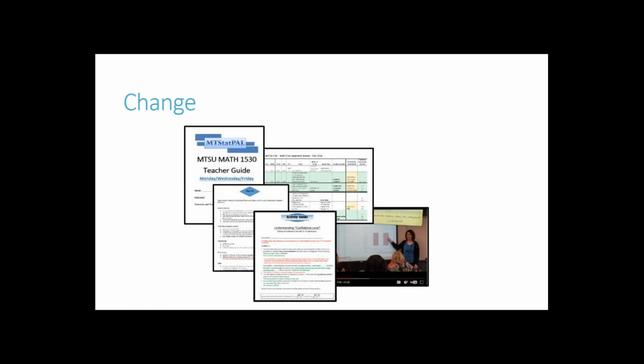The teachers were given a teacher guide, and the teacher guide has, in black, what the student guide has. The green is the answers to those questions, and the red is comments on how to teach those particular ideas. The teachers were also given videos of an experienced teacher teaching the activities that are in the student guide, so that if you're reading the description of the activity and you're not really sure how that's supposed to go, you can watch the video.